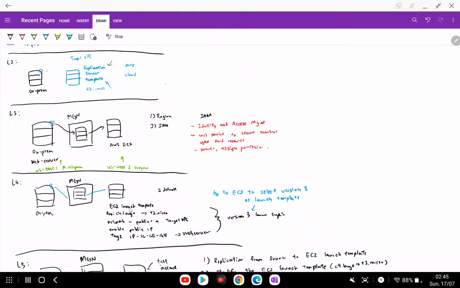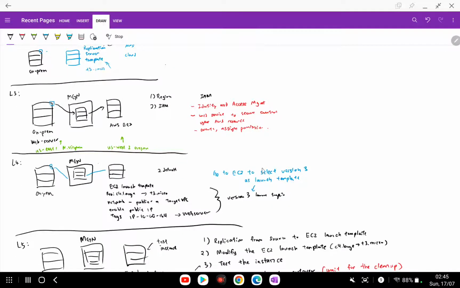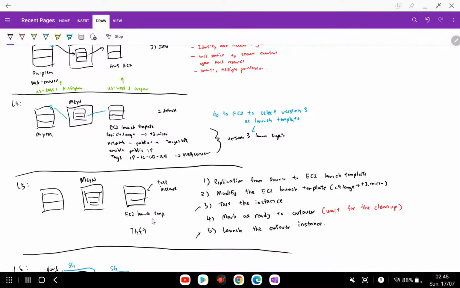You can change what setting it would be when the EC2 instance launches in AWS, right? So after you change, remember, go back to the EC2 launch template and update the version. Okay, and then after we have modified, after the replication is completed,